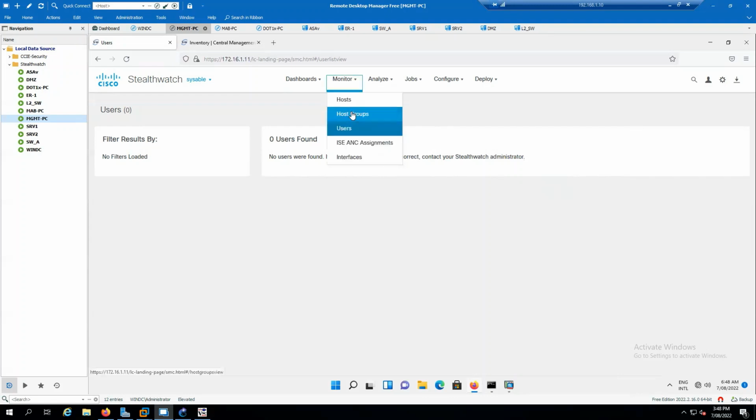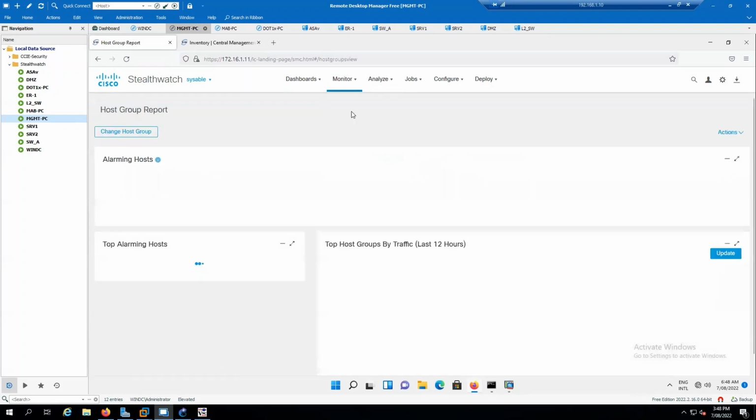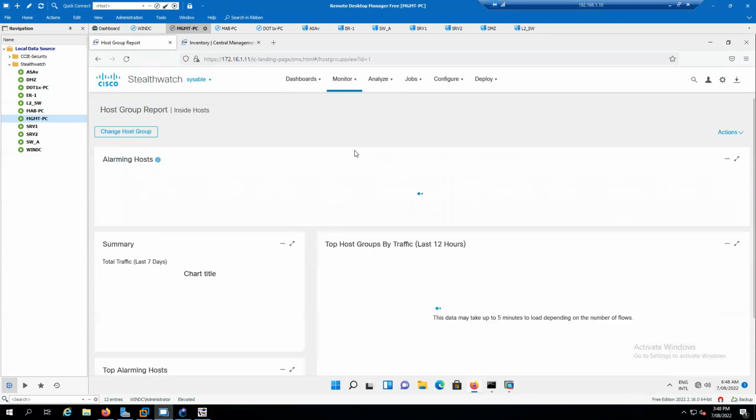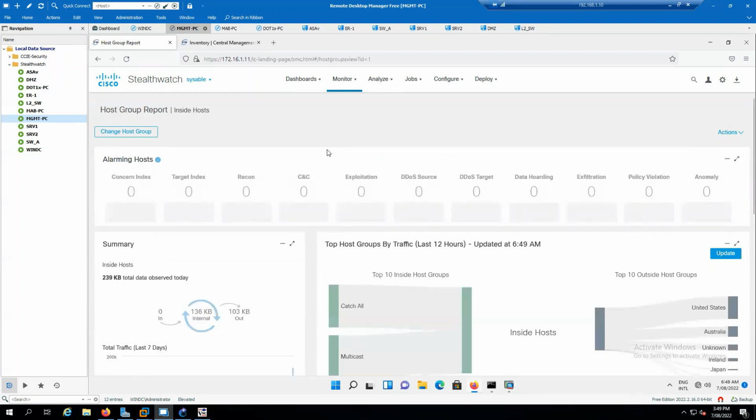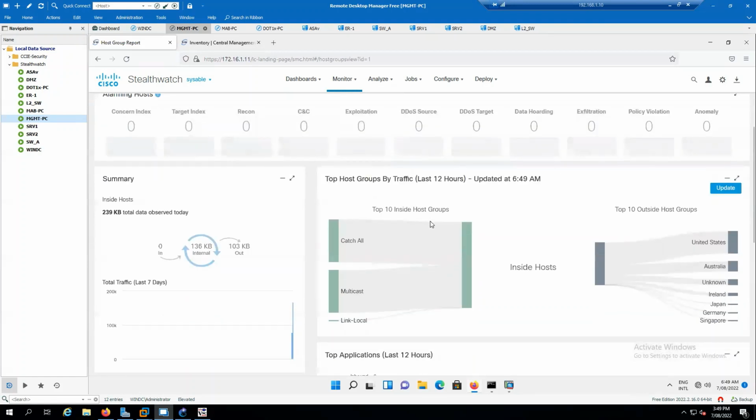Now coming to the host group, we will look into this a little bit later in detail: what are host and host group. Host group means your details, like what are your PCs, internal PCs, internal servers, and all those things. You will get an overview of which are the inside hosts, which are the outside hosts, and which are in the DMZ zone. So you have to define those groups. Currently we did not define anything, so that's why it is treating all of the hosts as inside